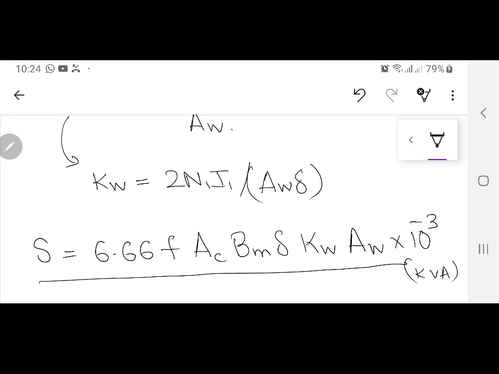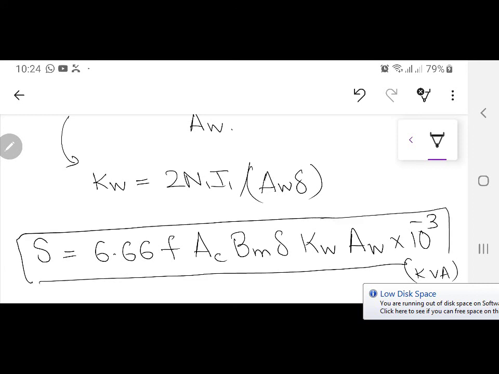We are not accustomed to use millimeter square in the cross sectional area. But all the design values you get, you have to convert to millimeter square. Why? Because the conductor table you have will be in millimeter square. But the design values I give you in the paper or in the question may be in centimeters. So how to convert centimeter square to millimeter square, have this on your fingertips and have a habit of writing all the units with every term wherever it is. Otherwise you will make mistakes in units and you are going to lose a lot of marks because this is a design procedure. So here for a three-phase shell type transformer you can see this is 6.66 over there.